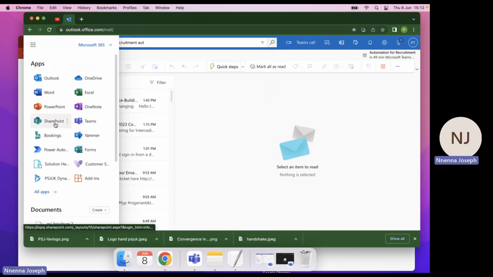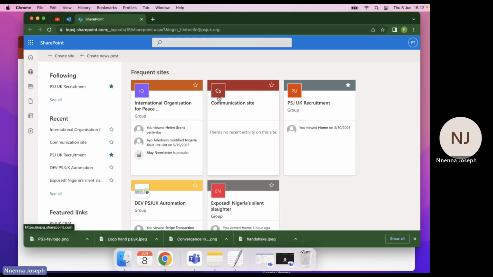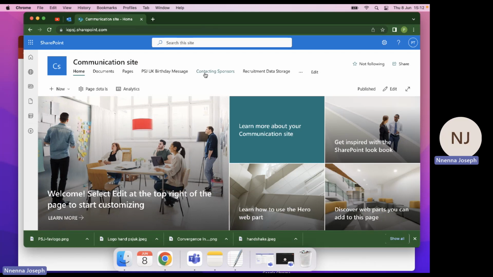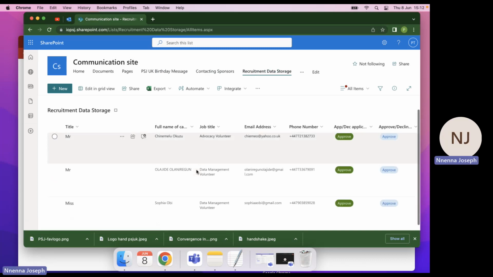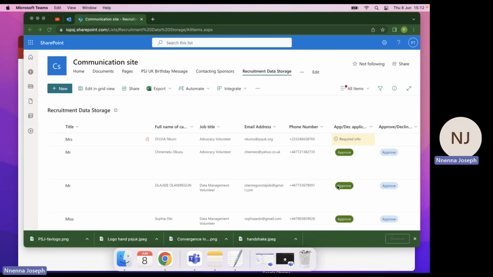So first step is to go to SharePoint, go to communication site. And on communication sites, we'll choose recruitment data storage. And these are a list of candidates who have applied for the position. But what we're going to do is we'll sidestep a little bit and then just go right to